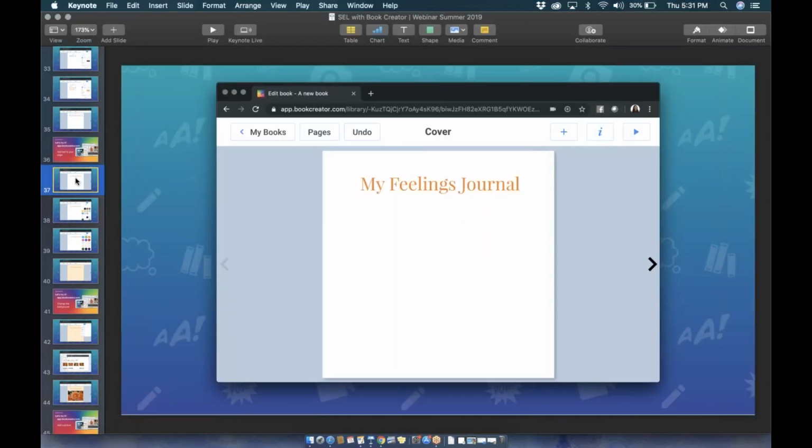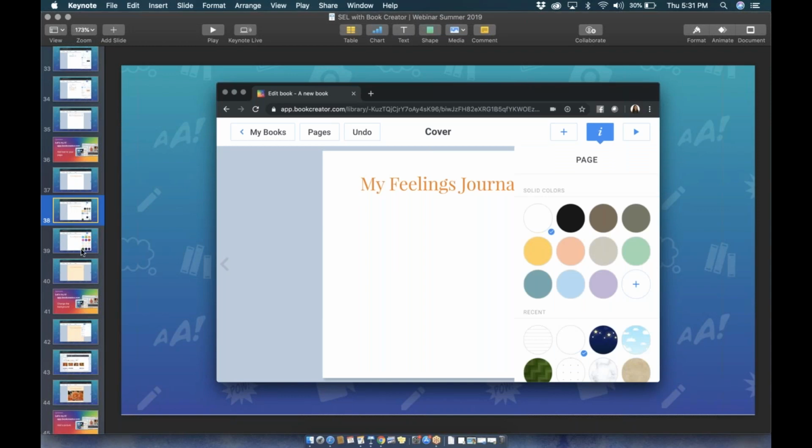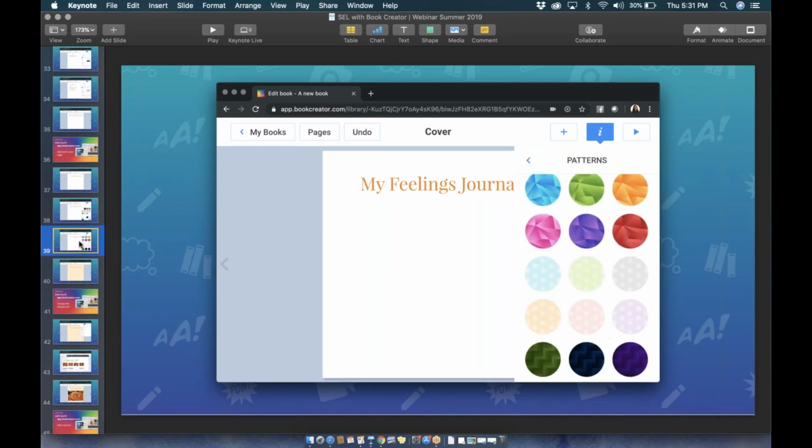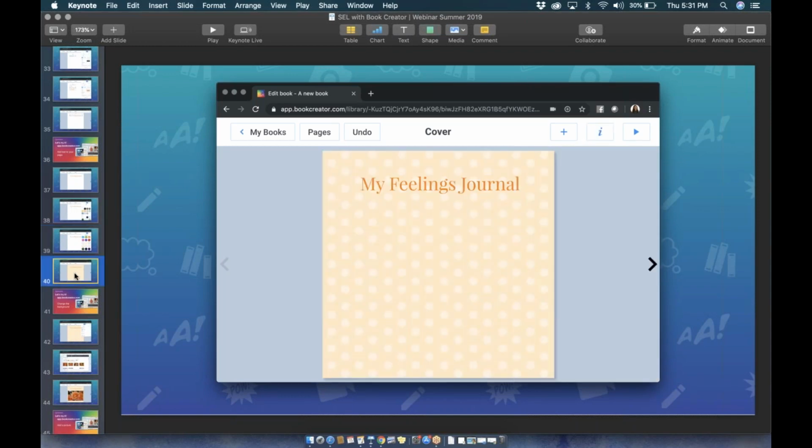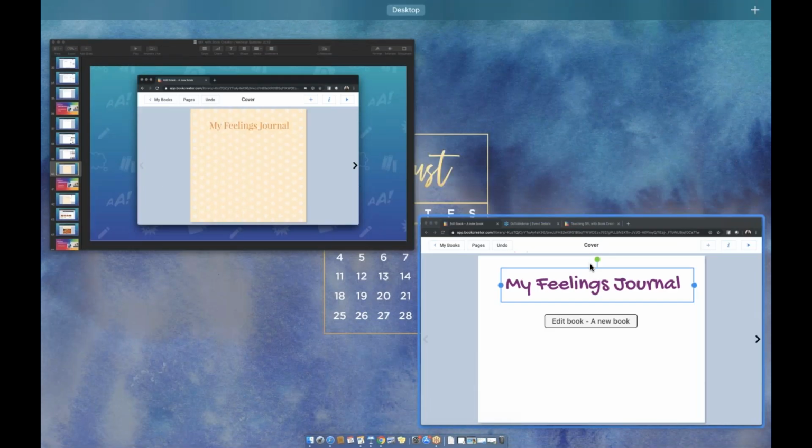So after you have that, you can also change the background of your page. So if you are not tapping on anything and nothing is highlighted in blue, or you just tap on the background of your page here, and then you hit the inspector button, students can choose from any of the backgrounds or colors and choose a pattern for their page. So for something like this, it's a great way for kids to personalize what they've created, set a mood or a tone for what they're making.